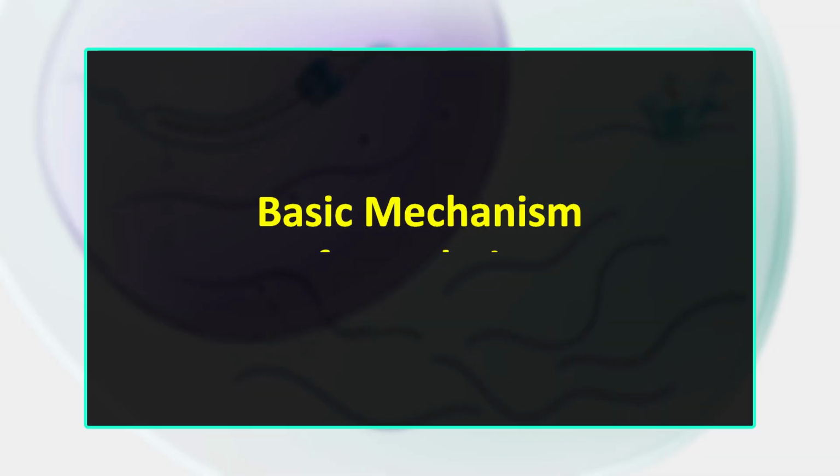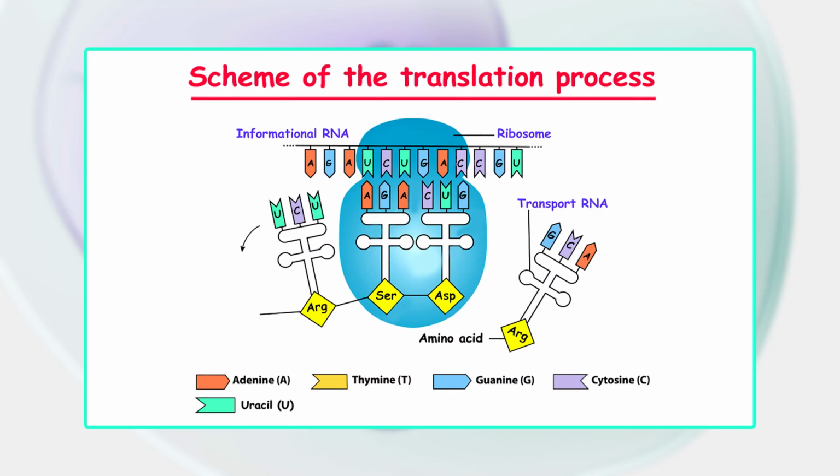Dear students, let's now discuss the basic mechanism of translation. The basic process of protein production is addition of one amino acid at a time to the end of a protein. This operation is performed by a ribosome. A ribosome is made up of two subunits, a small subunit and a larger subunit. These subunits come together before translation of mRNA into a protein to provide a location for translation to be carried out and a polypeptide to be produced.